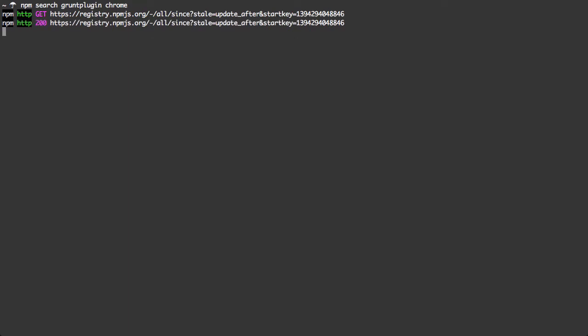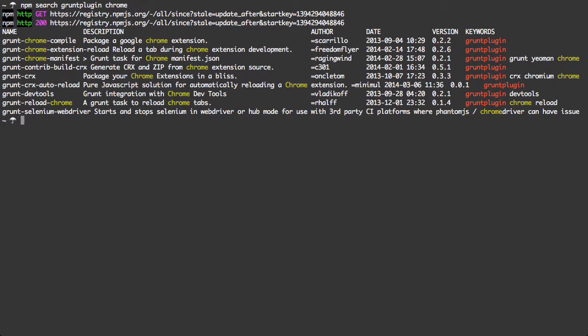And the first thing I did was an npm search to see what I'm going to call this extension, and also what other extensions were out there. And a way to do that is this command here, npm search grunt plugin, and let me just do Chrome. That should catch a wide net of extensions. Now I've already run this because it can take quite long to update the index. And I basically just looked at what was available,